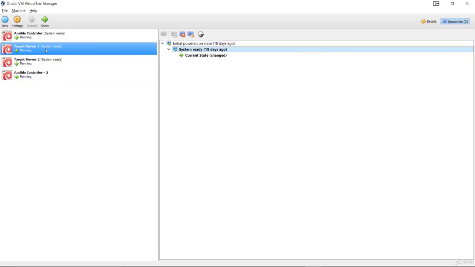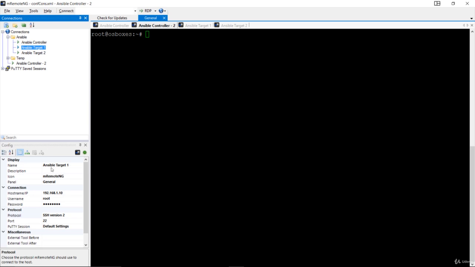So first I'm going to find out the IP address for these. I've already added these target servers to my SSH client. I have my target 1 server as 192.168.1.10 IP address, and I have the target 2 server as 192.168.1.13. So what I'm going to do is, in the new controller that I just created, I'm going to create